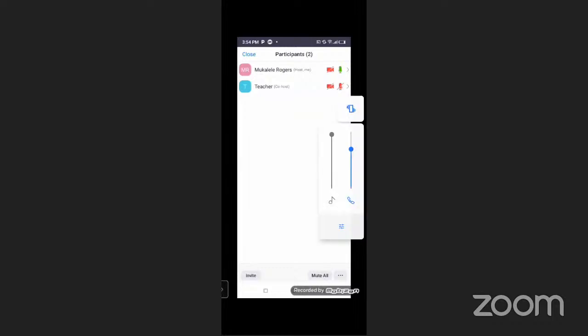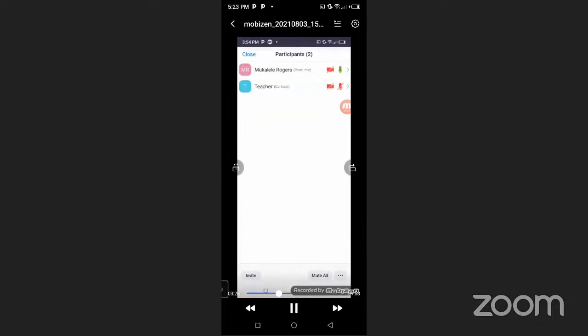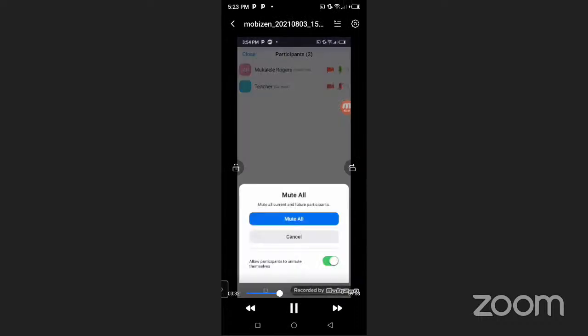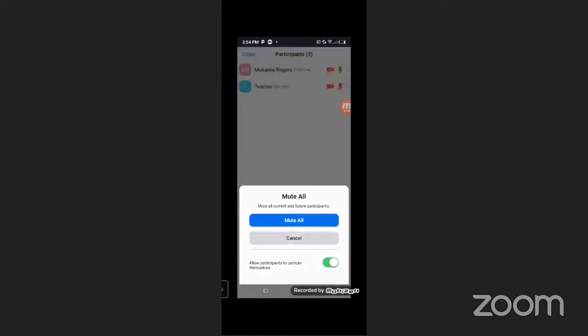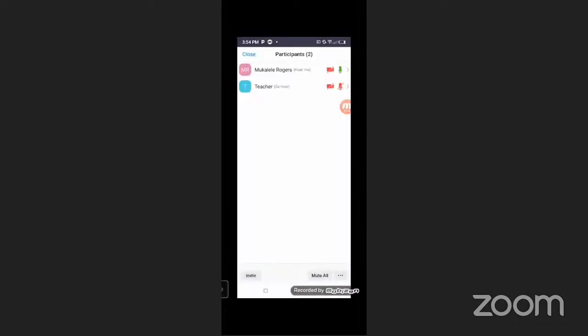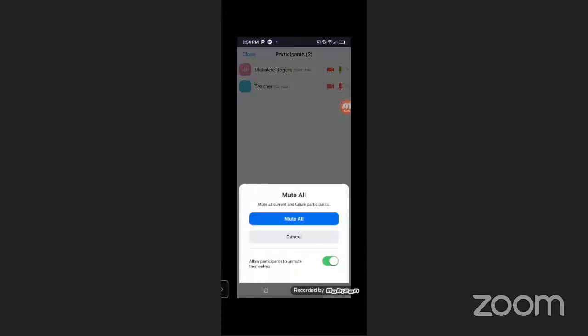Okay, so those are some of the things that they have to do there regarding the participants list, making sure that everything is set up well. Okay. Now, there is an option of mute all. Mute all in case the learners are making noise. This button down there, you can sit down. It has an option of mute all. So you should be able to